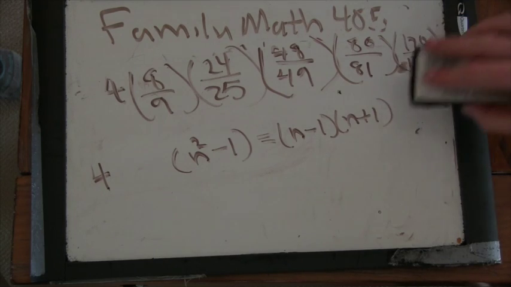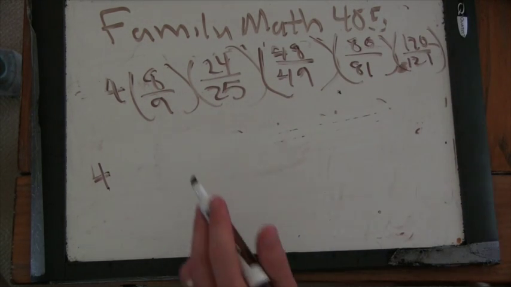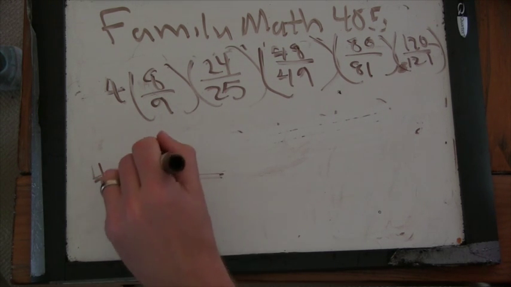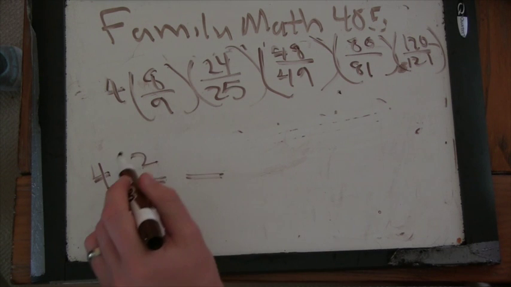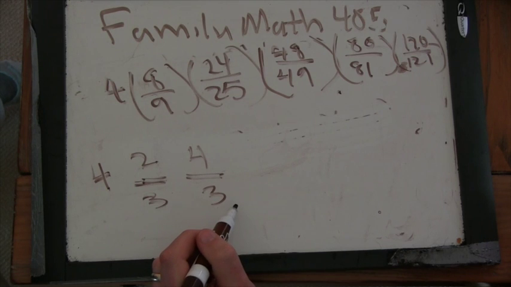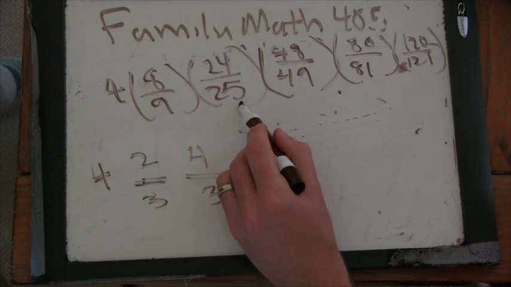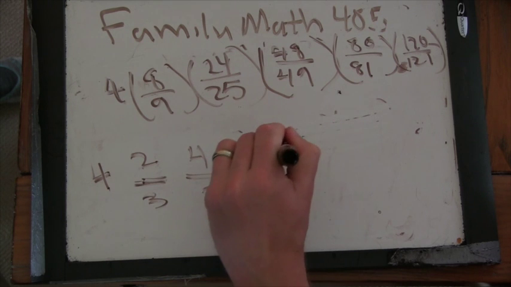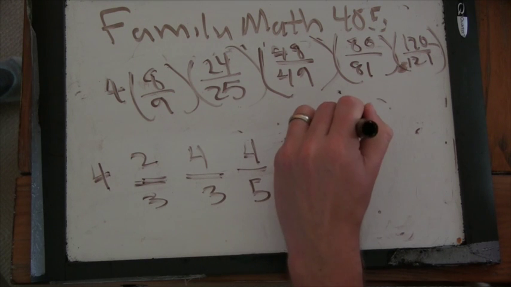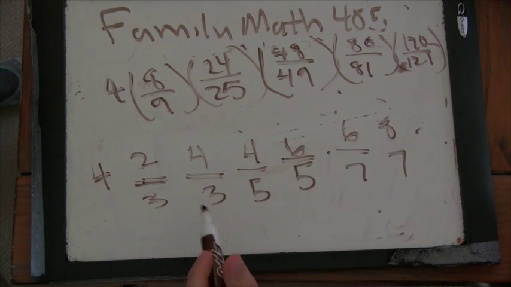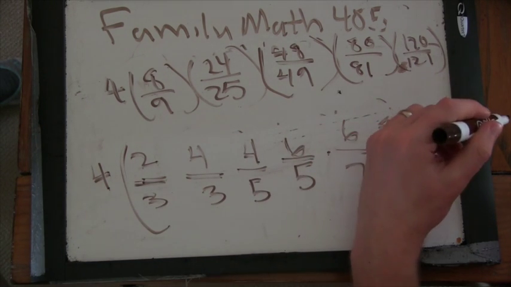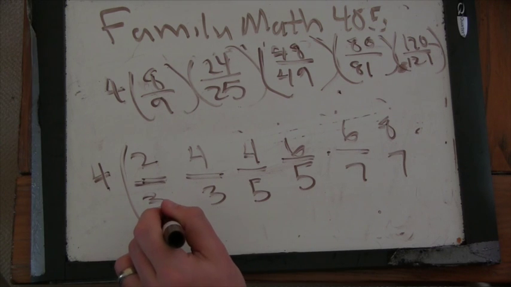Okay, so let's look at the fun way this factors. So n here is 3, so 8/9 factors into n minus 1, 2, times n plus 1, 4, over 3 times 3. Can you see how this one factors? n is 5 here. So it'd be 4 times 6 over 5 times 5. And then 6 times 8 over 7 times 7. So on the top I start with a 2, and then I go 4, 4, 6, 6, 8, 8, 10, 10. And on the bottom, 3, 3, 5, 5,